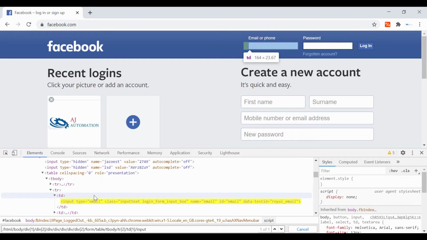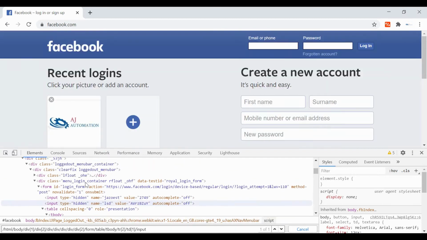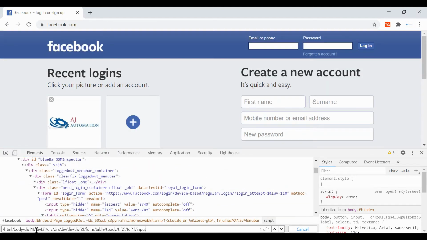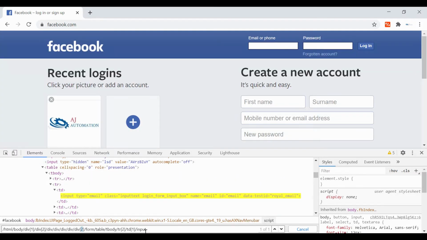What if the web developer or project inserted some other div or element in between? Absolute XPath is dependent upon position, and by using indexing we are able to reach the desired node.